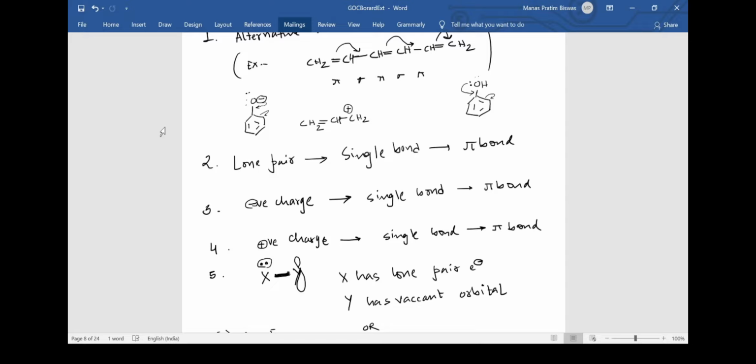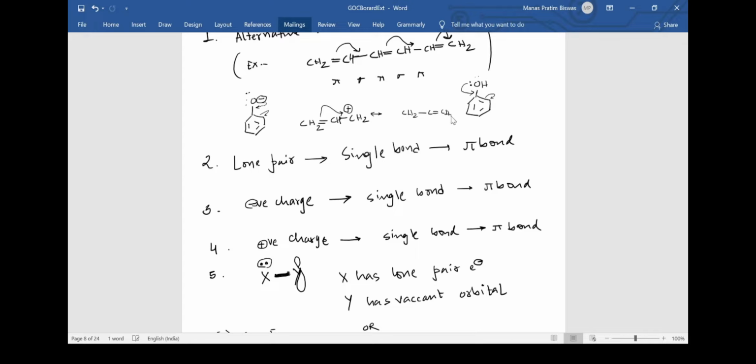But I think I have written this in the reverse order. It needed to be written the other way, like a pi bond, then a single bond, then a positive charge, because I'm assuming that the left hand side is the origin of the electron and the right hand side is the destination of the electron. So the movement of the electron will start from this pi bond, and then it will move to this bonded carbon between these two bonds, and hence this can be written as another canonical form like this.